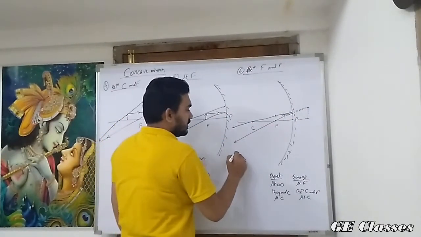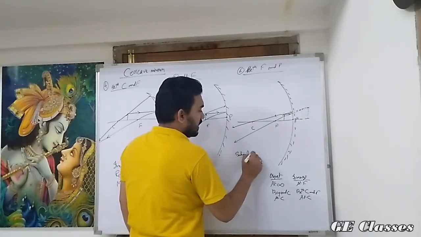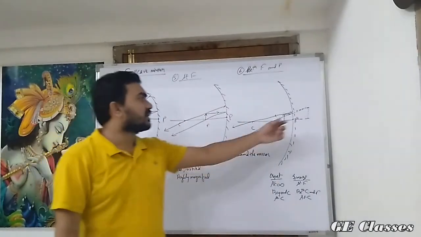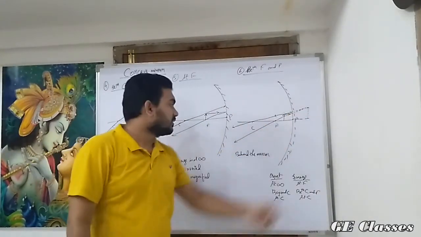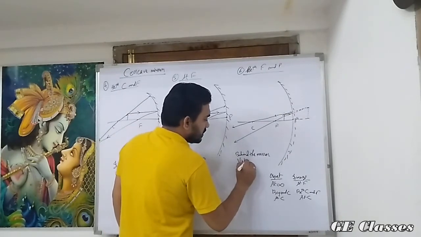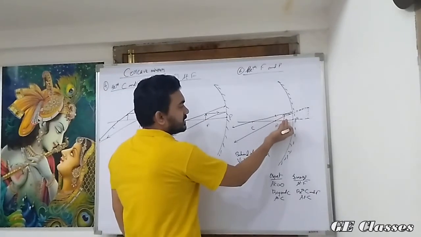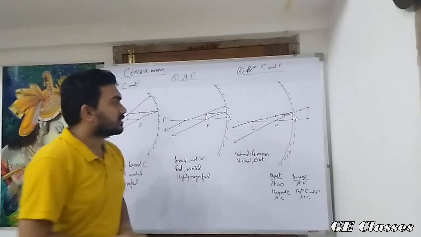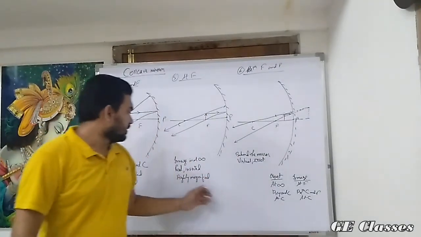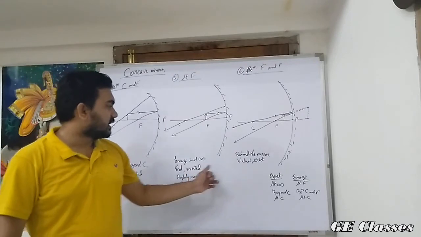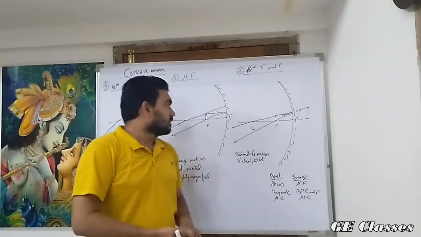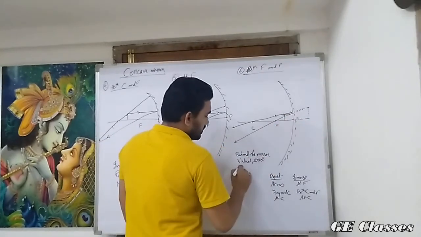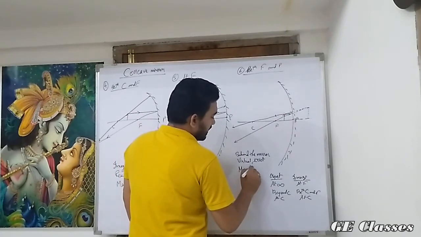So in this case, the image is formed behind the mirror. Since they have not actually met, we will say that this is a virtual image. One more interesting fact, the object is upright, the image is also upright, so this becomes erect. The most important thing here is that real images are always inverted and virtual images are always erect. Now we can see that the object is smaller than the image, so it's magnified.